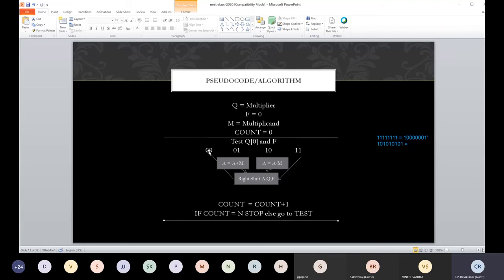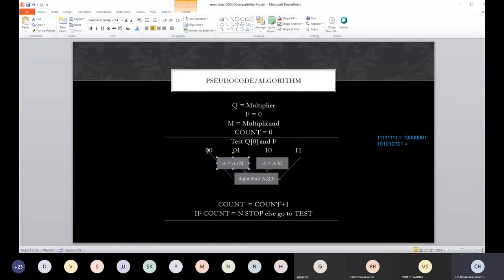Whether we see a 0,0 or a 1,1 or a 1,0, whatever be the case, I must provide enough time for the worst case, isn't it? I cannot change the clock cycle depending on whether I see a 0,0 or a 1,1.